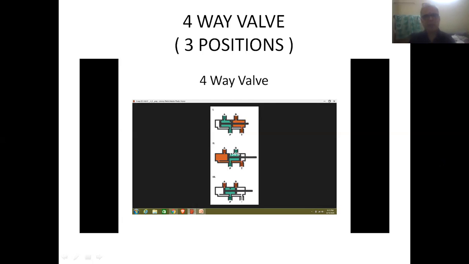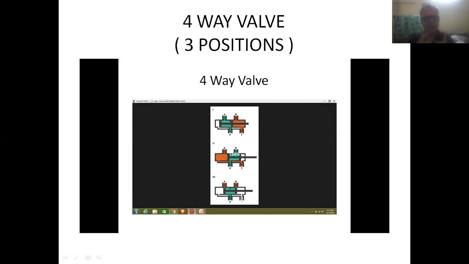So friends, as a whole, the first position of the DC valve is used for performing the forward stroke of the piston, and the second position of the valve is always used for performing the return stroke of the piston.